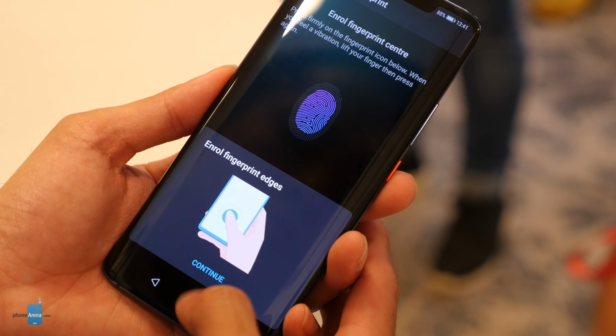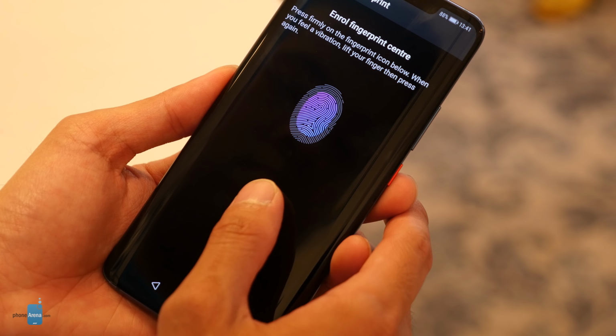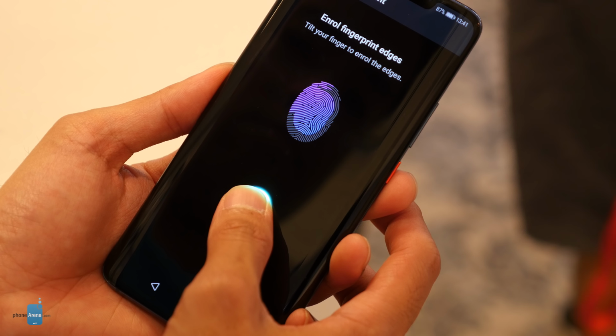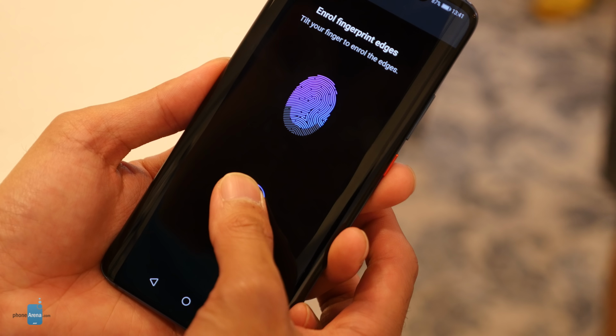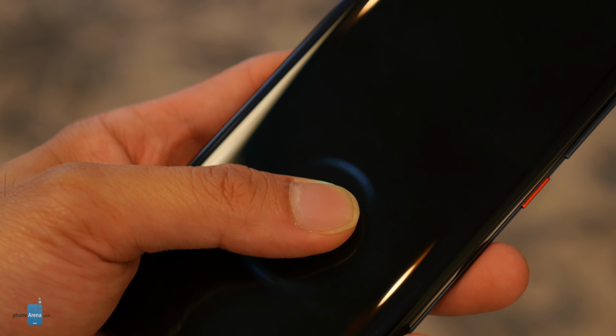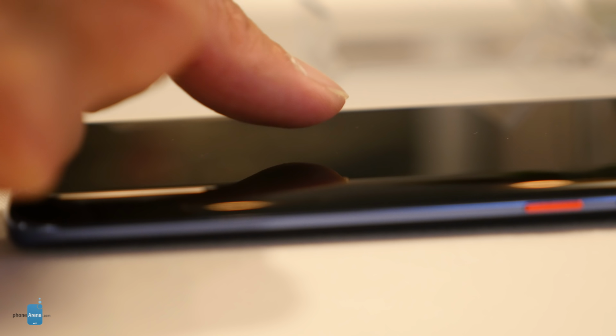case. The most notable thing about the Mate 20 Pro is its in-screen fingerprint sensor. It's the first commercially available smartphone in the US to offer such a thing. And you know what? It works flawlessly. When you place your finger over the sensor, it illuminates to show you where it's at, and it pretty much